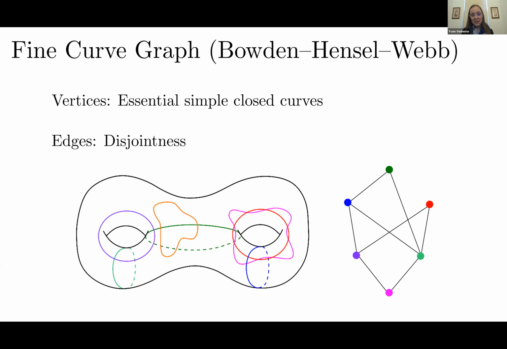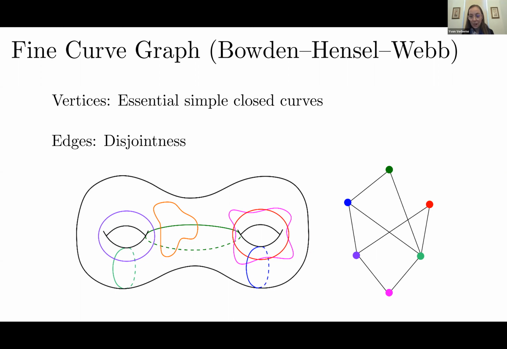So the object that we studied is called the fine curve graph, and it was introduced by Bowden-Hensel-Webb. The reason why they defined the fine curve graph was because they were studying the group of diffeomorphisms of the surface. They wanted to see if you can find unbounded quasimorphisms in the identity component of the group of diffeomorphisms of a surface. The way that they defined the fine curve graph was by allowing the vertices to correspond to essential simple closed curves on the surface. By simple closed curves, we mean curves that do not self-intersect. And the word essential means that the curve is not going to be isotopic to a point, a puncture, or